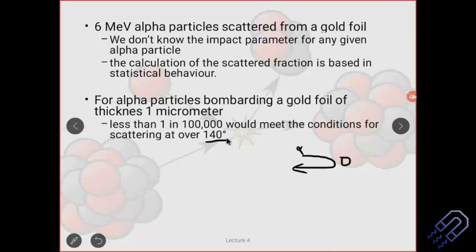Okay, so it's possible. So basically 140 degree is very rare, because there is only one alpha particle out of 1 lakh alpha particles that will actually go and hit and come back. So you basically have a radioactive source, with lakhs of alpha particles going and hitting the target, and one of them comes back. So this is considered almost a head-on collision with the nucleus. Okay, so this is important.